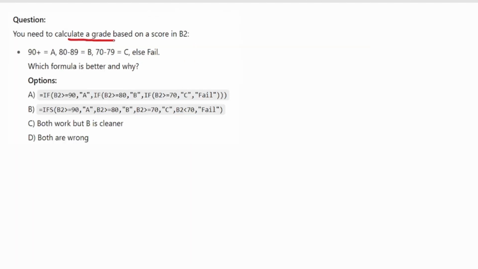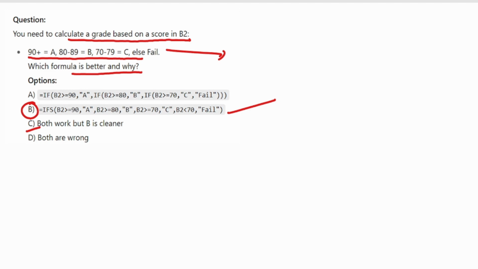You need to calculate a grade based on the score in B2. Here it's basically a grade-based if-else. Which formula is better and why? The correct option here is option B. Both work, but B is cleaner. B is a better choice for this data because the IFS function avoids a long nested IF statement, so it is easier to read.